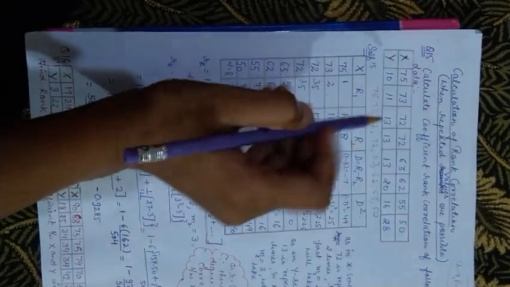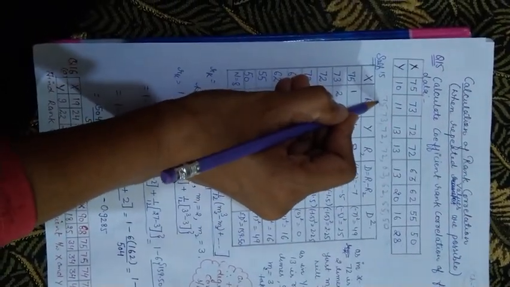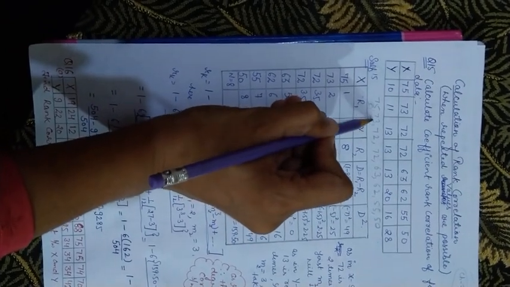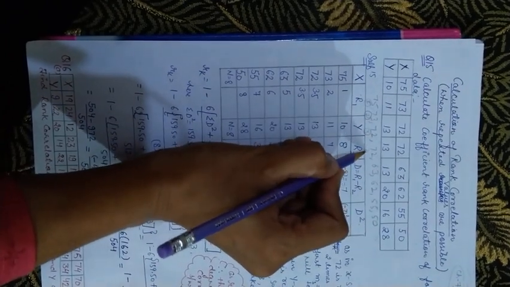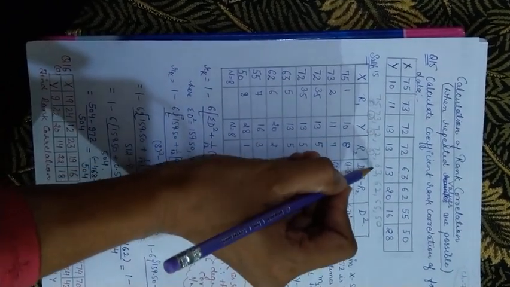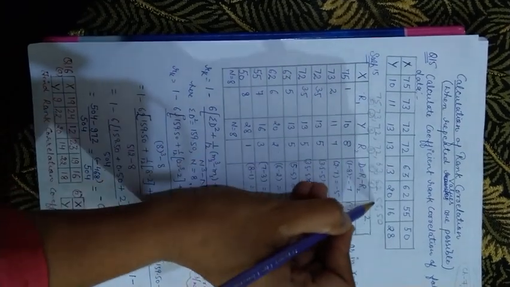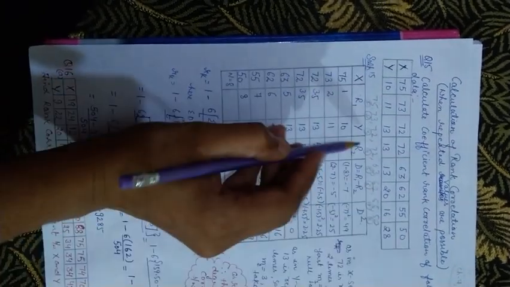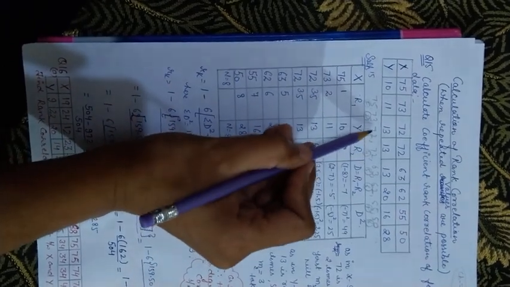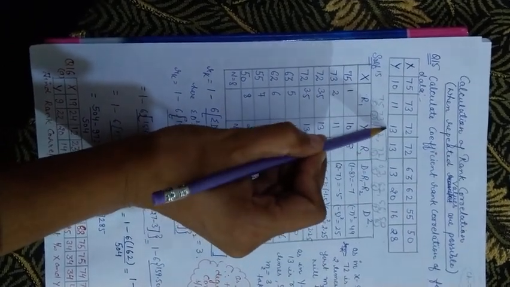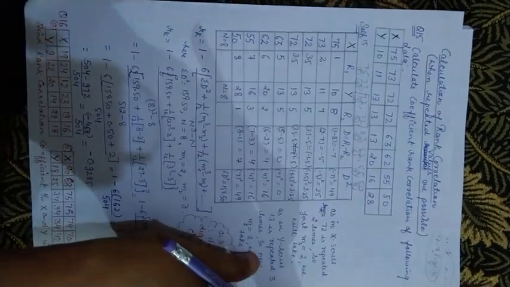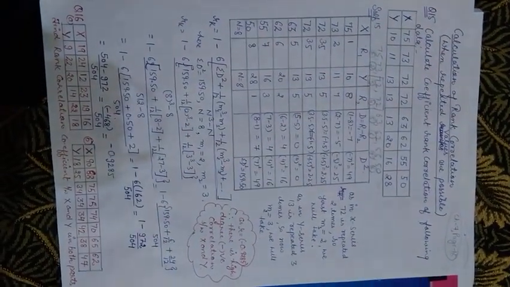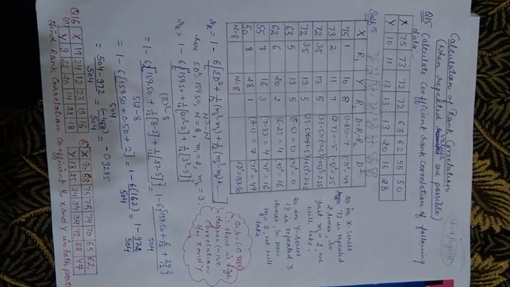Now you are seeing that it is your first value, so it will get rank 1. It is your second value, it will get rank 2. It is your third value, rank 3. Then the fourth value, the fifth, 6th, 7th, and 8th. But here these two values are same. See carefully, these two values are same. So you will not give them different ranks. If two values are same, you will not give them different ranks.